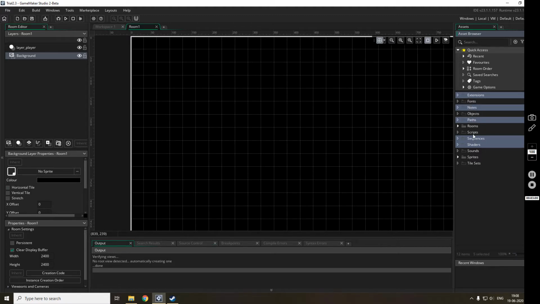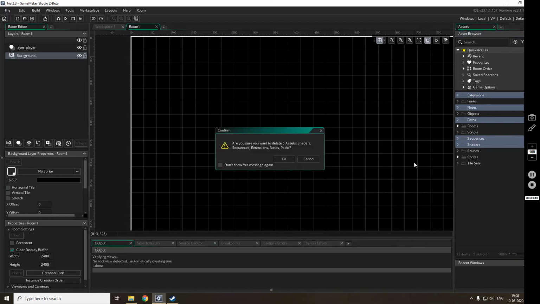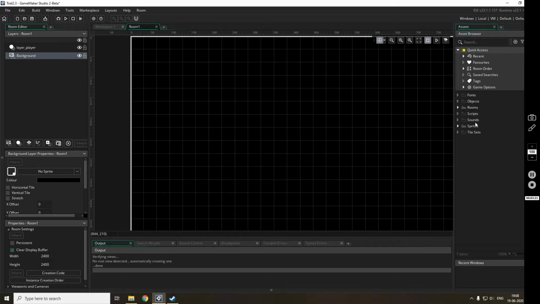We don't need paths. We need rooms, scripts, sounds, and sounds I don't think we'll be needing now, but I'll let it stay by chance if we need to polish the game and get the feel.